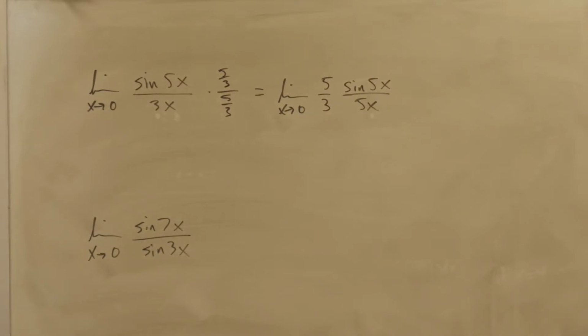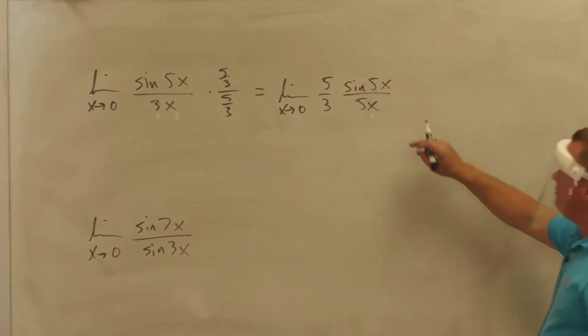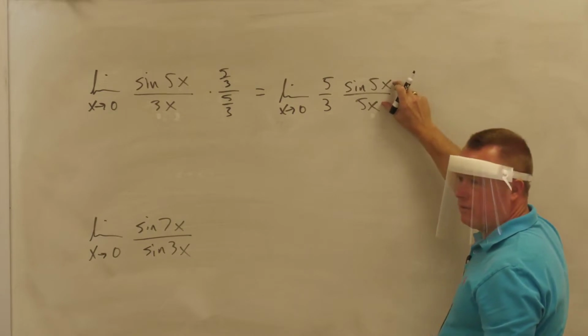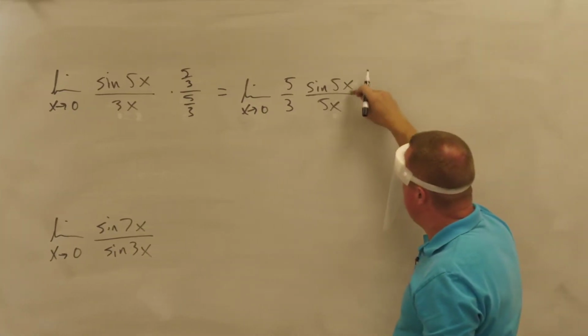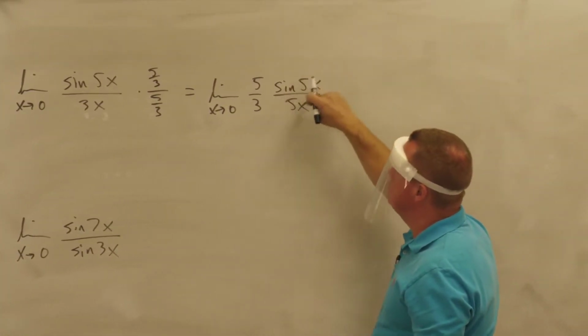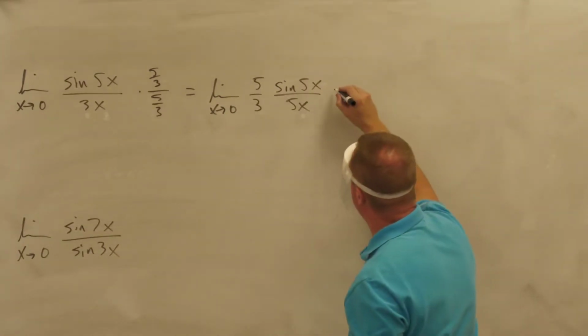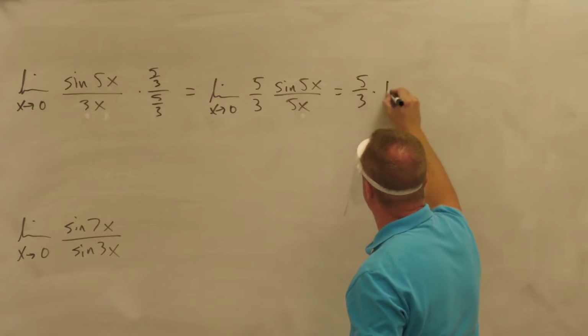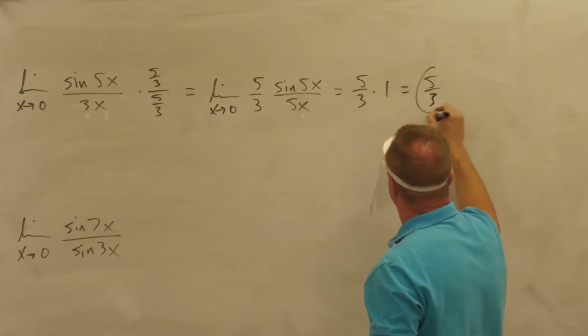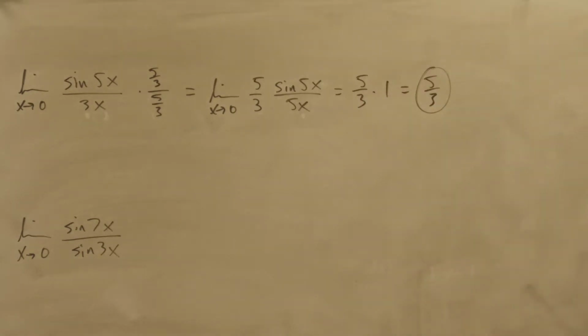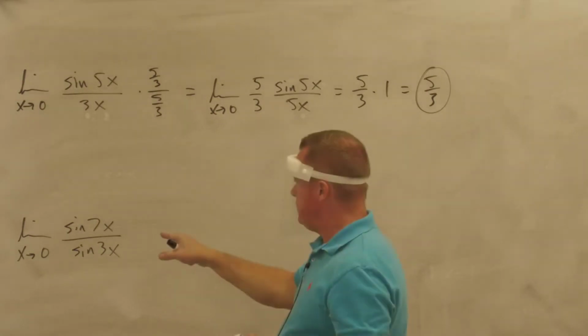Now, you can either move that 5/3 out in front, or you can leave it. It doesn't matter, because now I've got the sine of the same angle over itself. So what is that limit equal to then? That one is equal to 1. So I have 5/3 times 1. That limit would be 5/3. Okay? All right, this one,